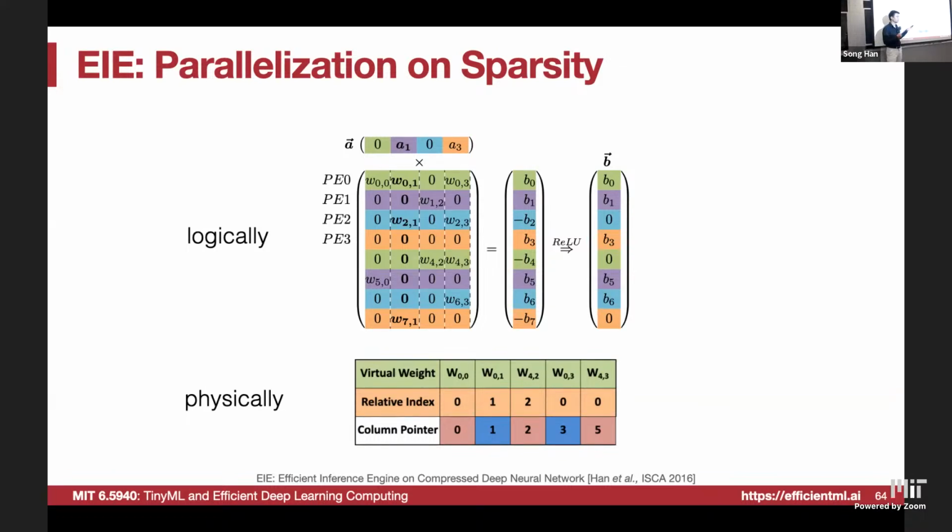So that's the virtual weight. We'll talk about why we call it virtual weight, because we're going to do a decode. And the relative index shows the skip, the distance between the current non-zero and the previous non-zero. And finally, we have a column pointer showing which element is starting a new column. Okay? W42 is starting a new column. And the 5th element, the last one, is also marking a new column. Okay? And the column pointer is usually log 2 of the number of